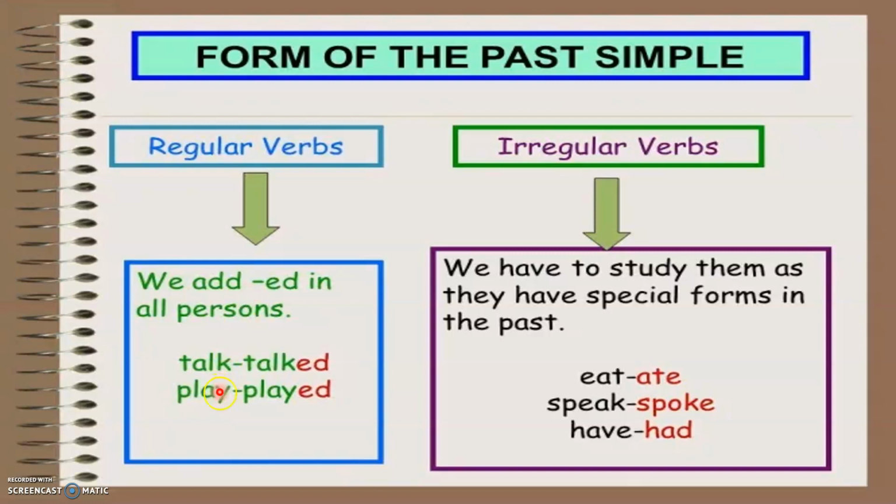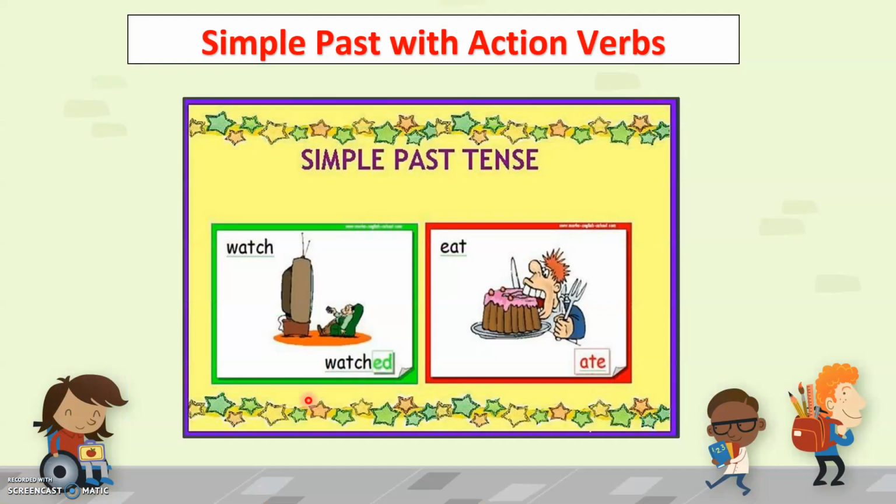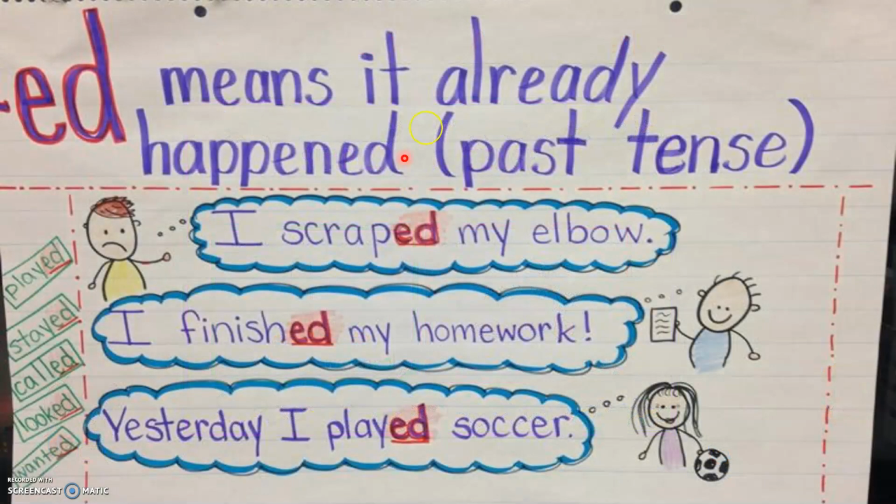Like for example, talk, in the past, talked. I talked with my sister yesterday. Play in the present, played in the past. I played soccer yesterday with my friends. So these are the regular verbs which accept the ed to form the simple past tense. So the ed means that